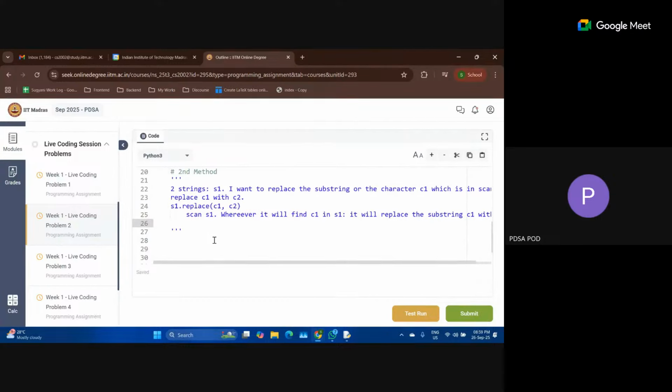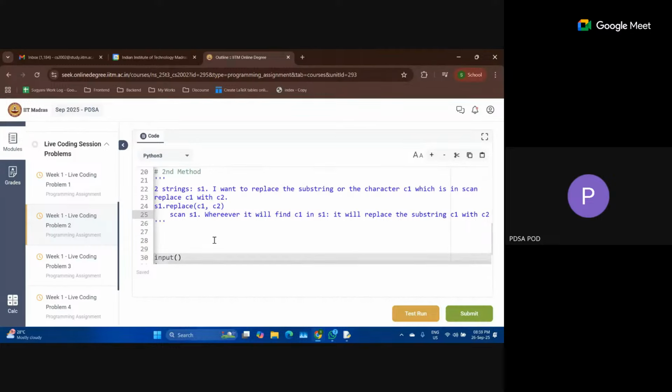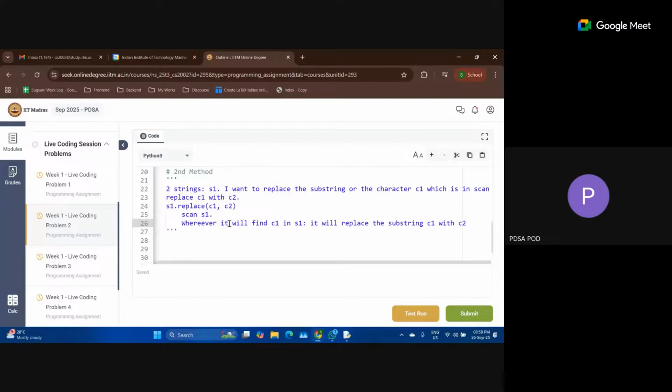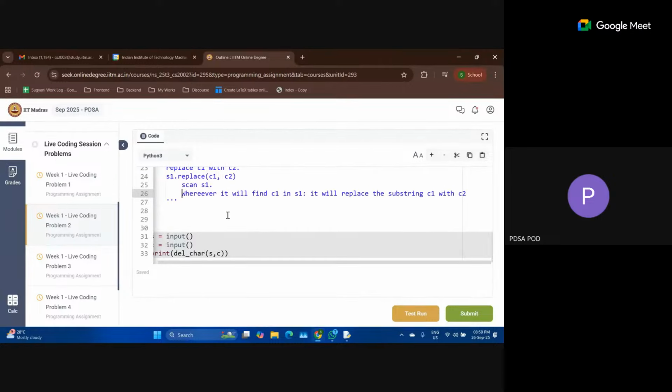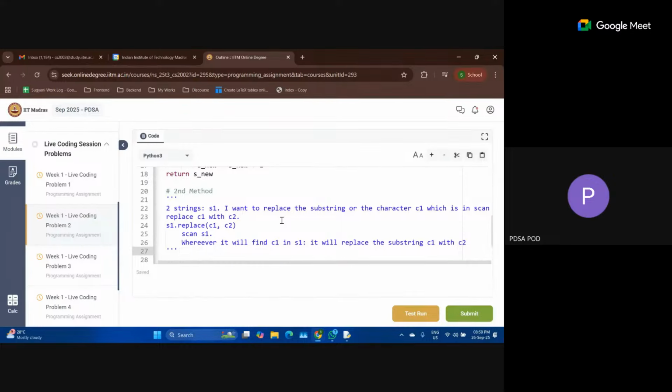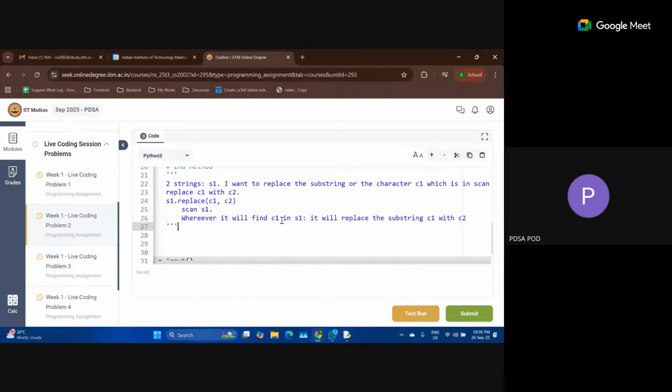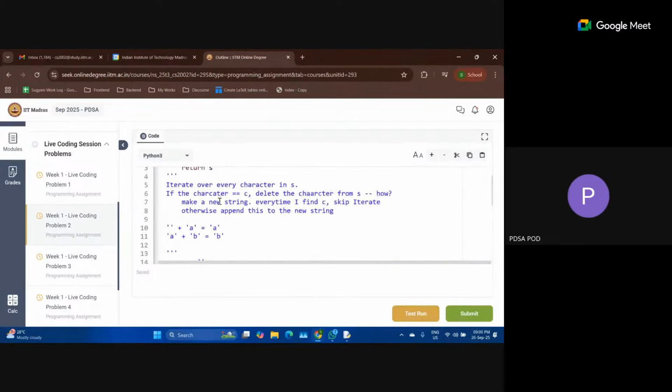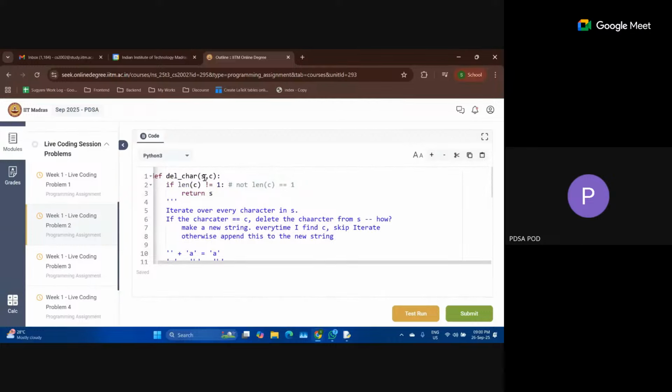Now, can you tell me how we can use this replace function to solve our problem? Ma'am, we can replace with empty string. Exactly, that's what we will do. We are having this string s and we want to delete c.